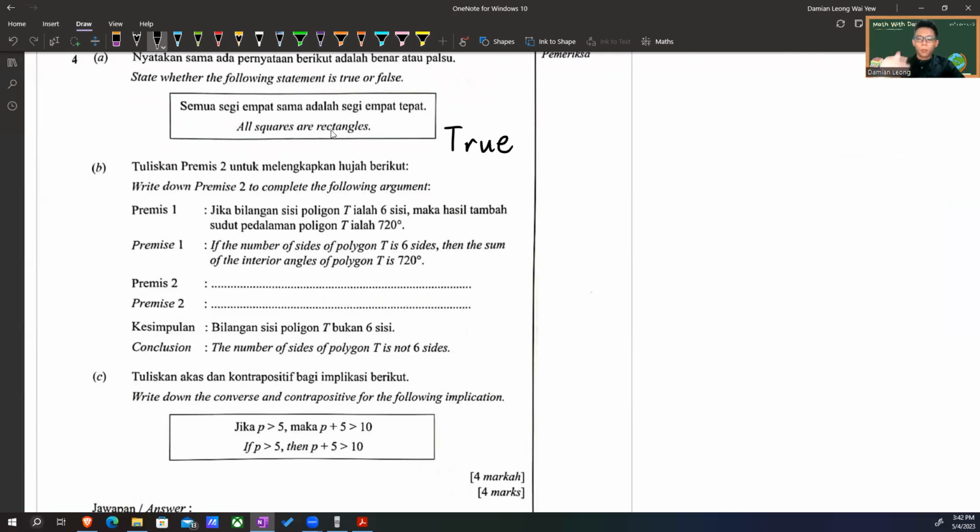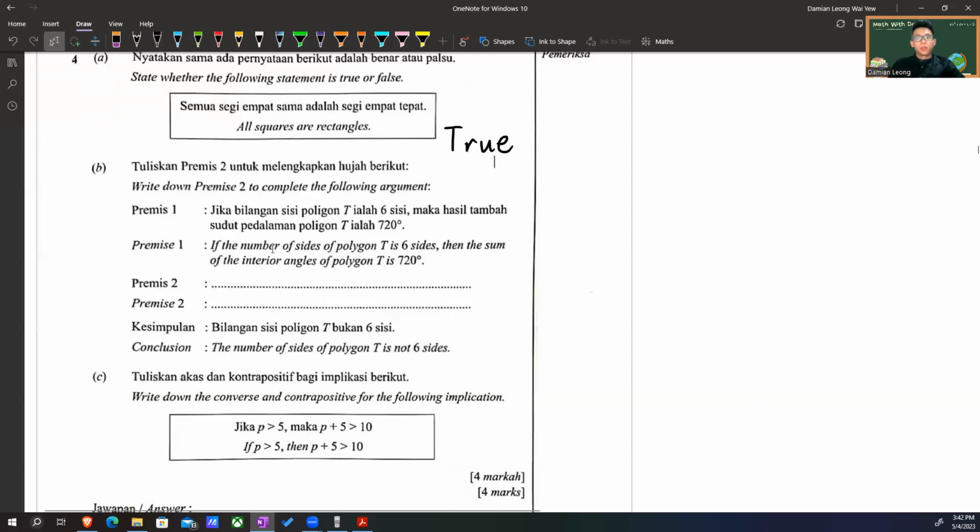Okay, as long as opposite sides have the same length and all the angles inside are 90 degrees, it is a rectangle. And a square has all the properties of a rectangle. It's just one extra property whereby all the sides are the same. So all squares are rectangles is correct. That's true. This one,